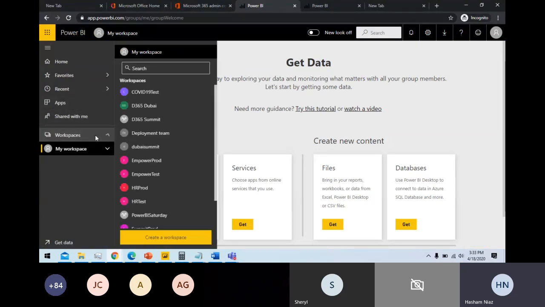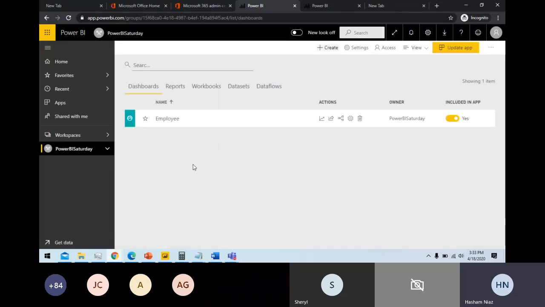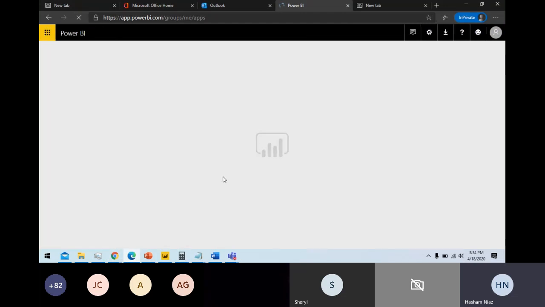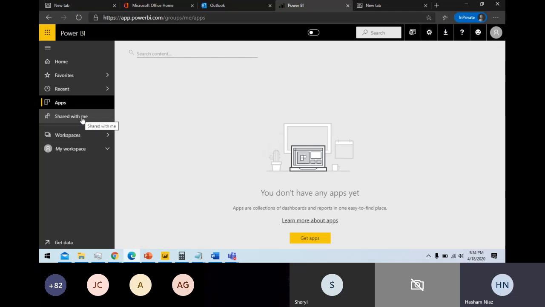Now let's try to do one more thing here. Now I go back here in the Power BI Saturday. What if you want to unpublish the app? So let's try unpublishing the app. What unpublishing the app does is it will remove the app from the end user. So we will actually check this particular thing disappearing for this user account. Okay, so it is saying the app has been removed. So let's try to refresh this page. And you see this particular user does not have any access to this particular app.